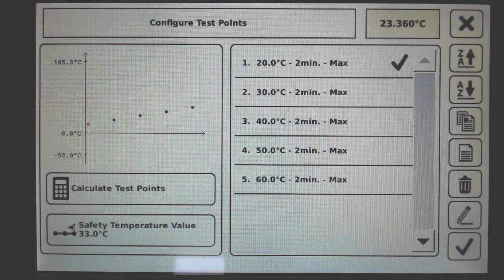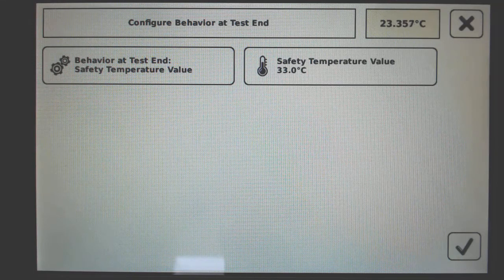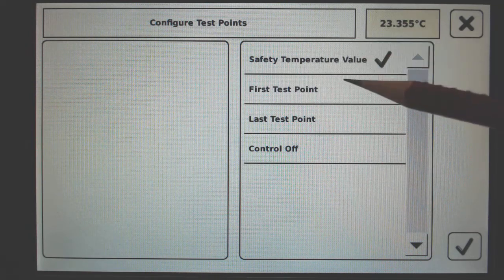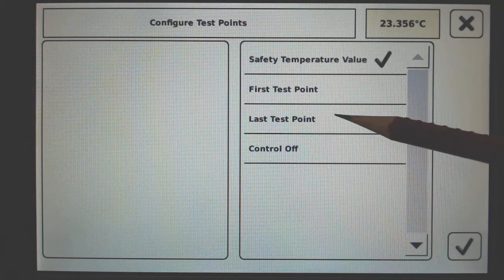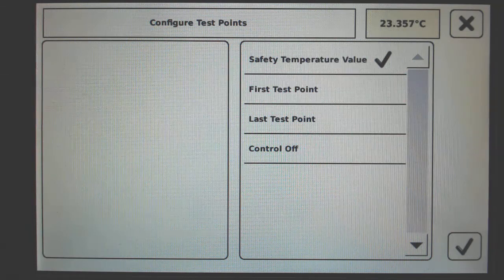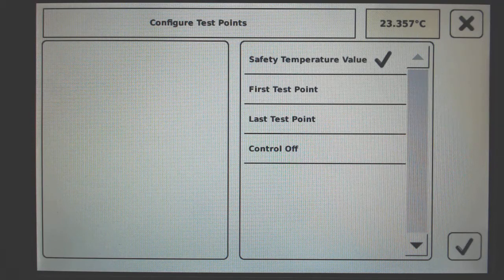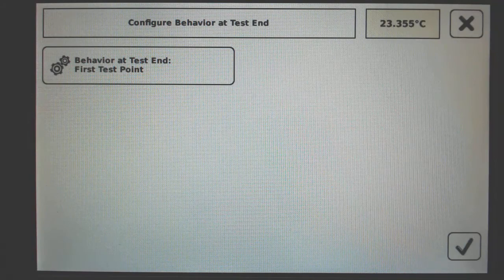This is one possibility. If I go also here, I can make different settings for the behavior at the end of test. I have a selection list: the safe temperature, the first test point, the last test point, and control off. If you remember, the first test point is 20 centigrade. I select these, confirm this,